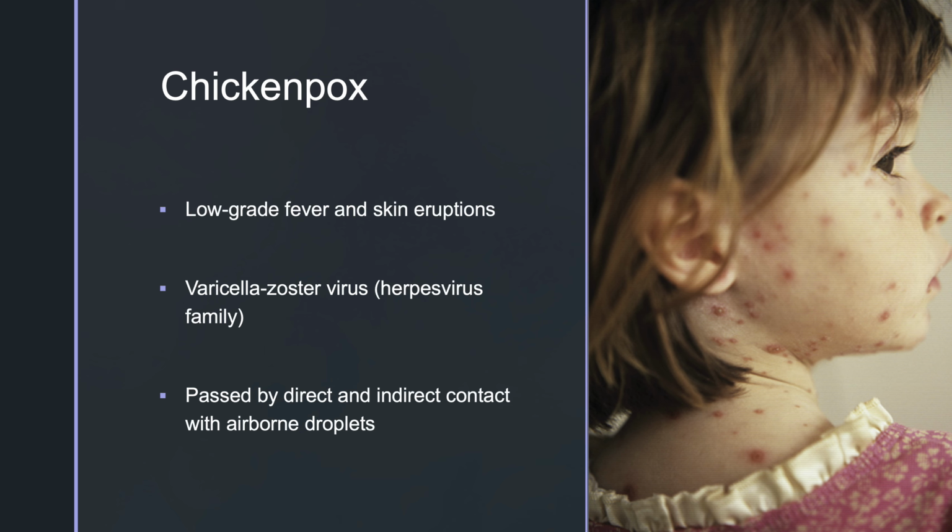Chickenpox is kind of a one-and-done infection. You get chickenpox, that virus stays in your body for your lifetime. So you're not going to get chickenpox again. It may pop back up, and it'll pop back up later in life as shingles. So if you have had chickenpox, be aware that you may develop shingles later in life. There is a vaccine for shingles to try to prevent shingles, but you are at risk for developing it.